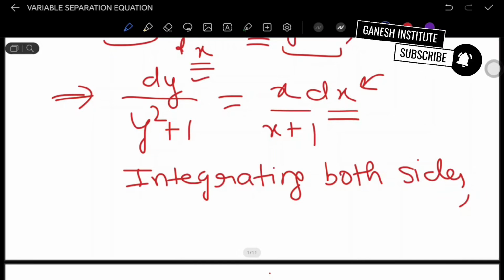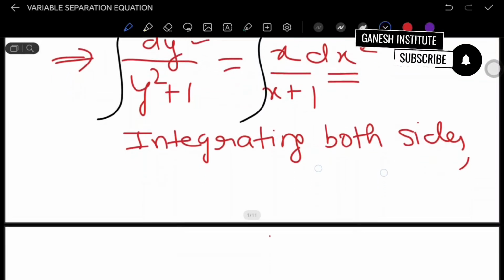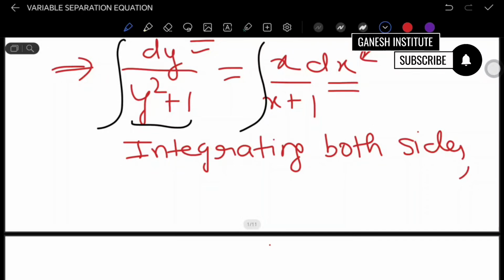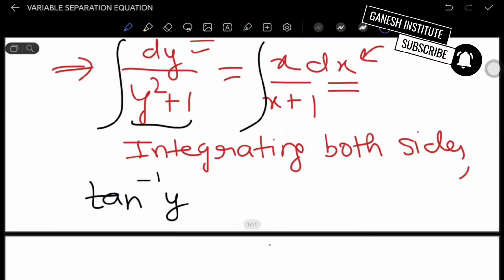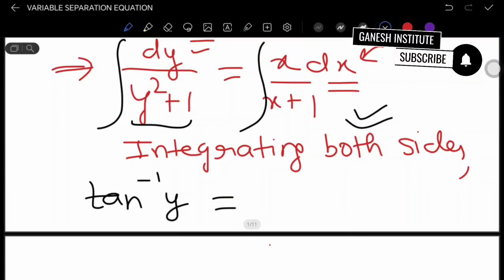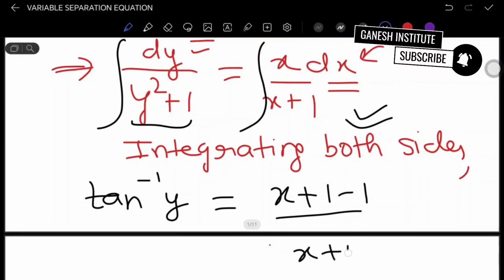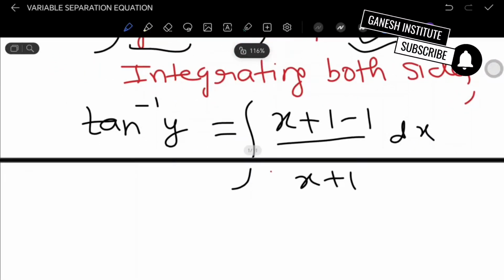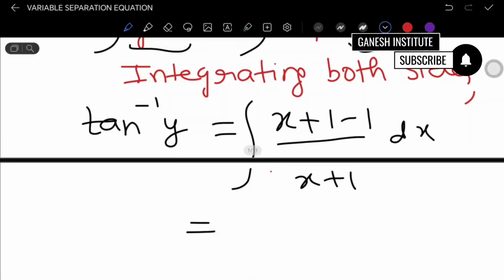Okay, so if we do that, we are literally doing this, right? This is 1 upon x square plus a square form, and that is tan inverse x by a. So the formula will be tan inverse y. Here, let's do plus 1 minus 1. There are various methods, so let's try this. And if I do so, this will become, I'm separating it,